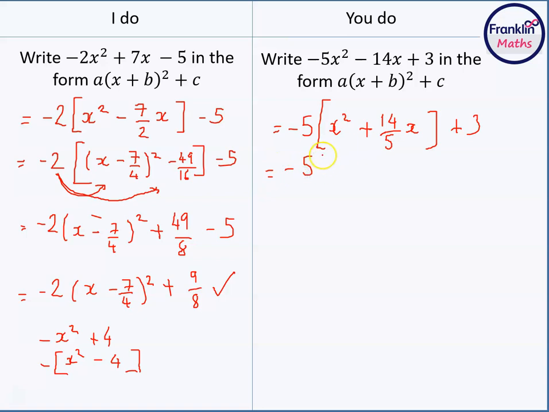Minus 5. Complete the square on the bit in the brackets, so half of that. I could write that as 14 over 10, but it makes sense to just write that as 7 over 5. Square and subtract. Shut the square bracket. Add the 3. Now we're going to multiply the bracket first, so minus 5 times x plus 7 over 5